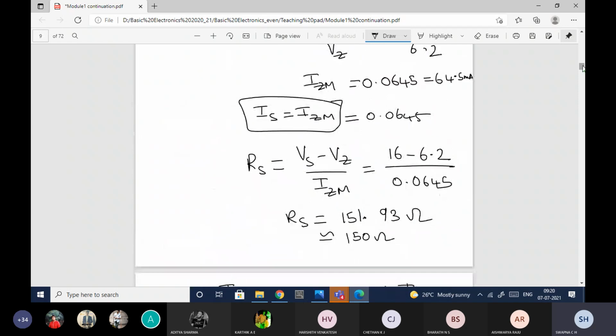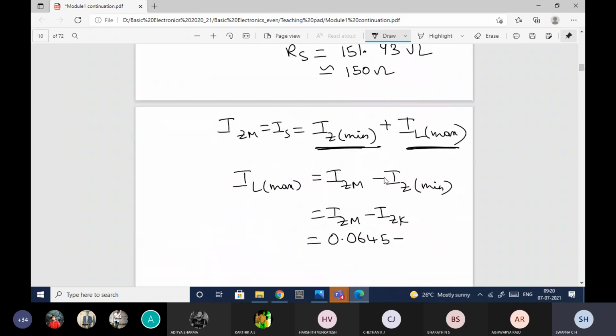Okay, it's given as 5 milliamperes. If they don't give it, you can just assume. Anyway, it is the minimum current only, so you can assume IZK or IZ minimum is equal to some 5 or 6, which is less than IZM. Okay, so let me take 5 milliamperes. Anyway, it has been given in the question itself. So 5 milliamperes. So 5 milli is nothing but 0.005.